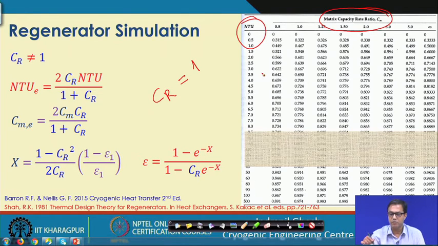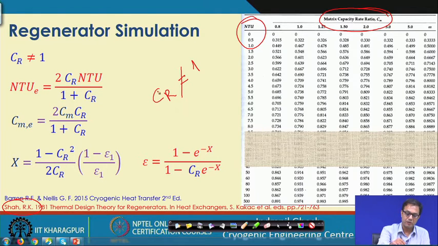This whole chart is meant for CR equals 1, but we may encounter a situation where CR is not equal to 1. In that case, how do we make effective use of this chart? That has been suggested by Keshav,